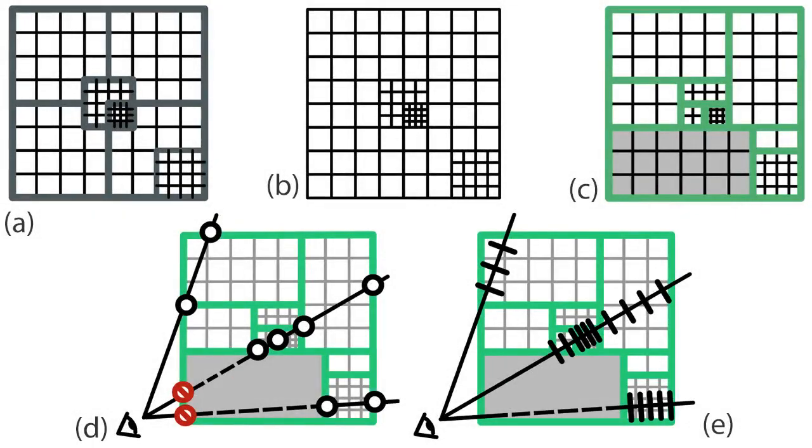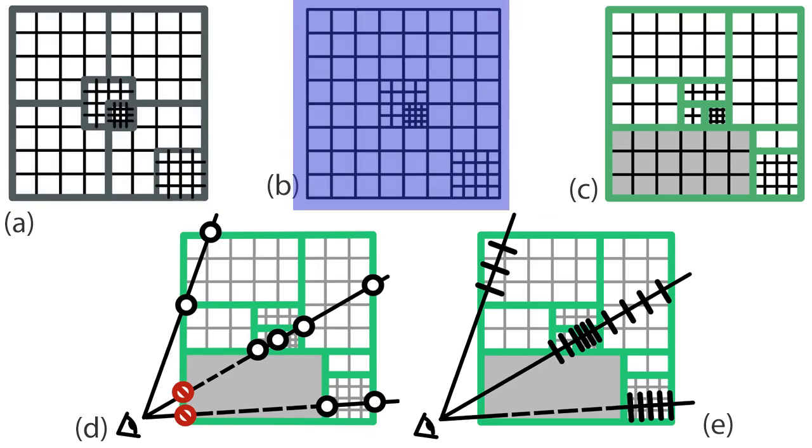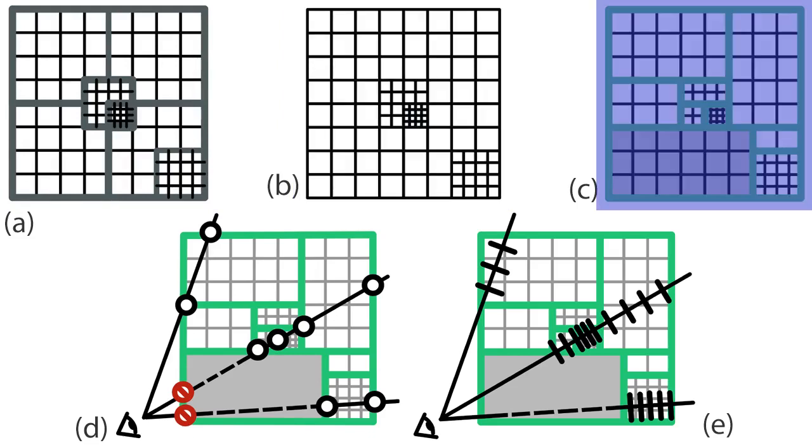The first of our data structures reorganizes the AMR dataset into a set of non-overlapping bricks that we refer to as ExaBricks. Here we show an illustration of this process. Starting from the input AMR dataset in A, in B we extract the finest level cells in each region, discarding the original hierarchy. In C, we reorganize the cells into bricks containing grids of same level cells, shown as the